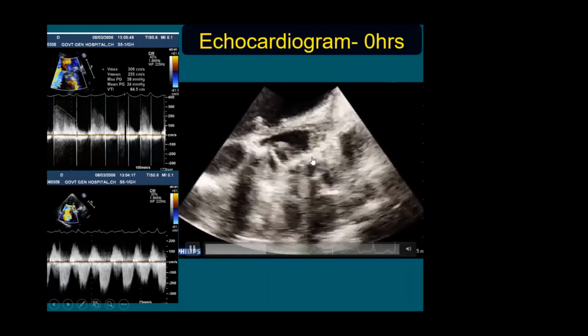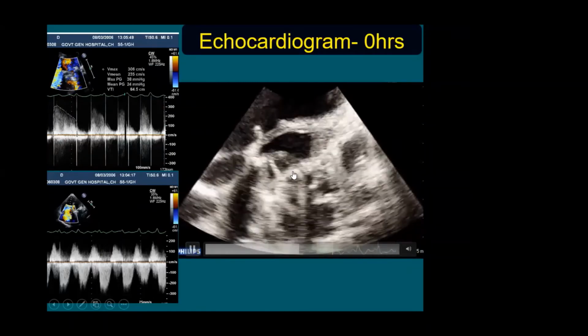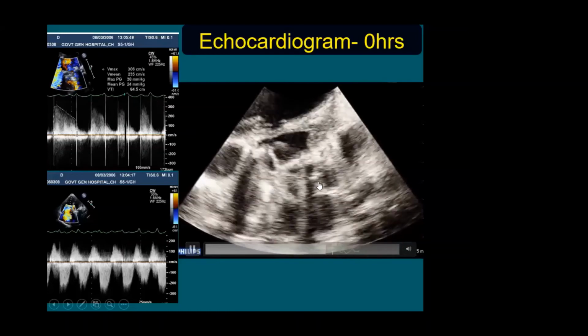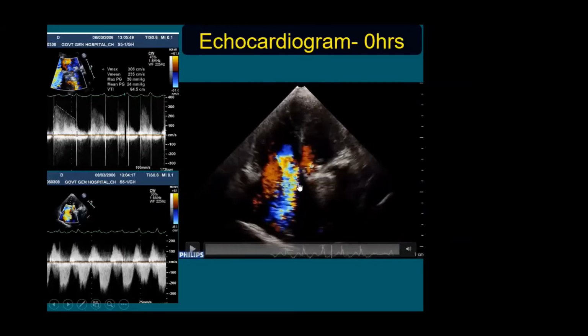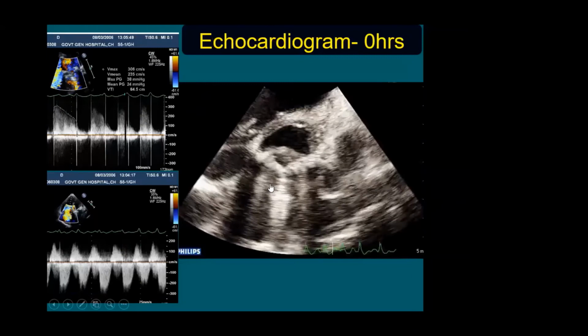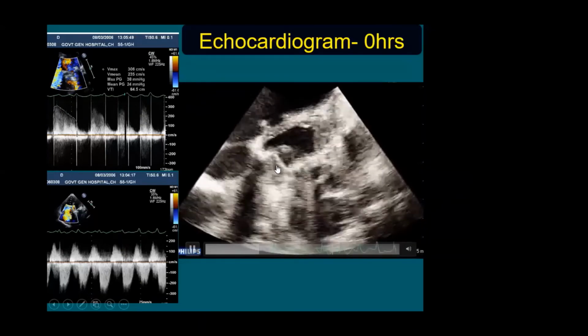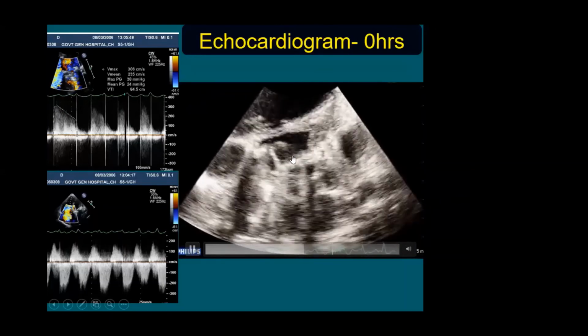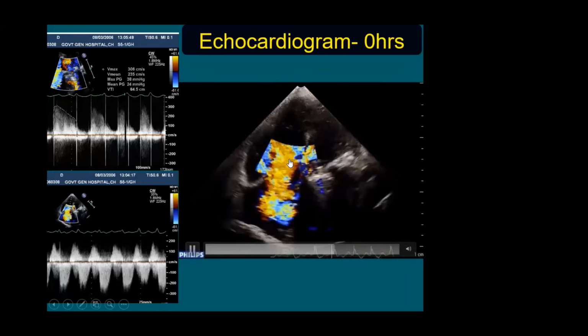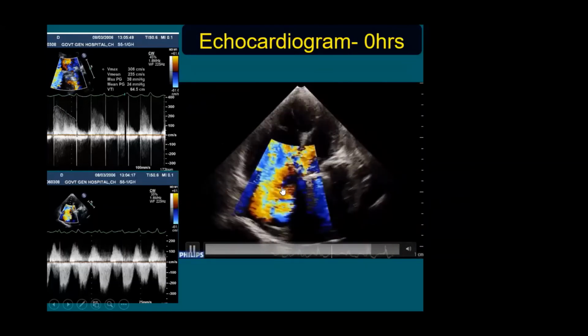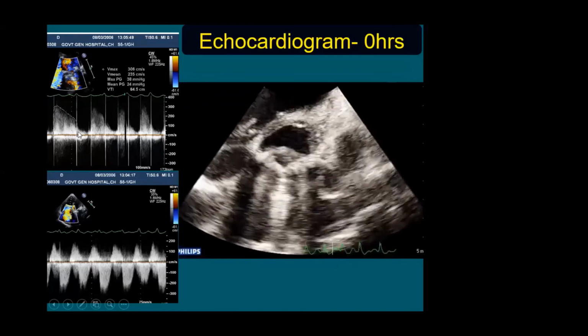This is a patient with prosthetic mitral valve. Here you can see one disc, another disc. So I'll play it again. This disc is completely stuck and this disc is very slightly mobile, and you can see dense echoes over the mitral valve. So in this patient, the patient had some significant gradient.